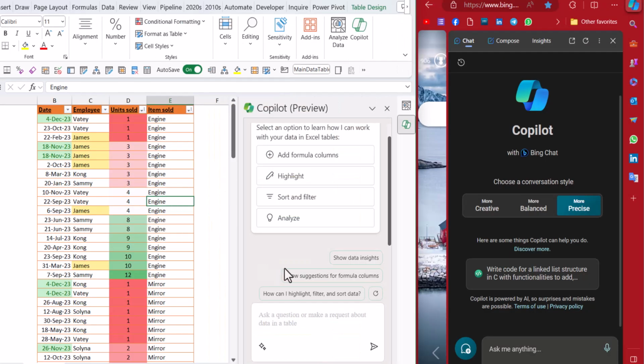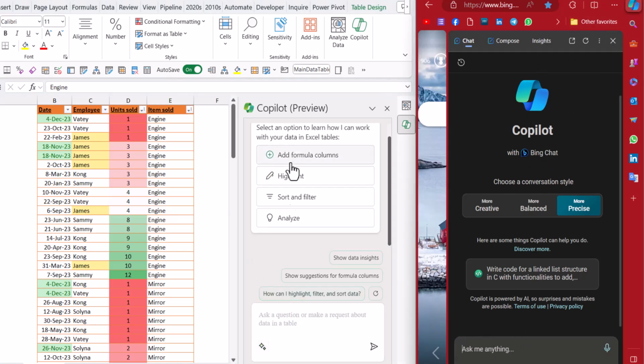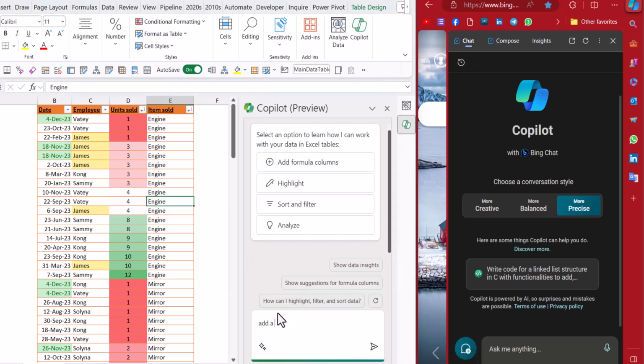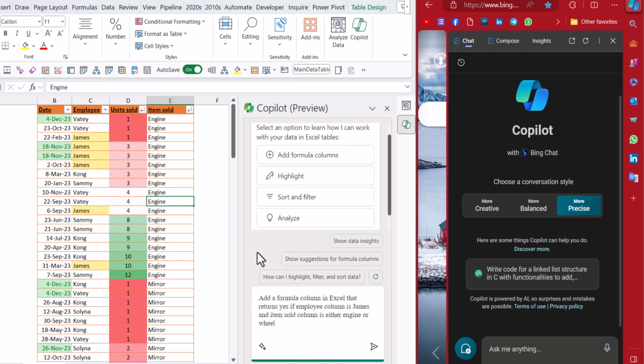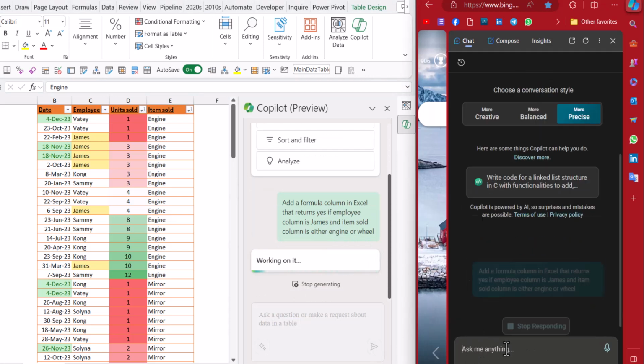I'm going to write the same question to add a formula in Excel's Copilot and also in Bing Copilot, the one that comes with Edge. It's also the one that comes with Windows and similar to ChatGPT. So I'm going to say add a formula column at. All right, so let's copy this prompt, press enter, and then here we're going to paste it, press enter as well,